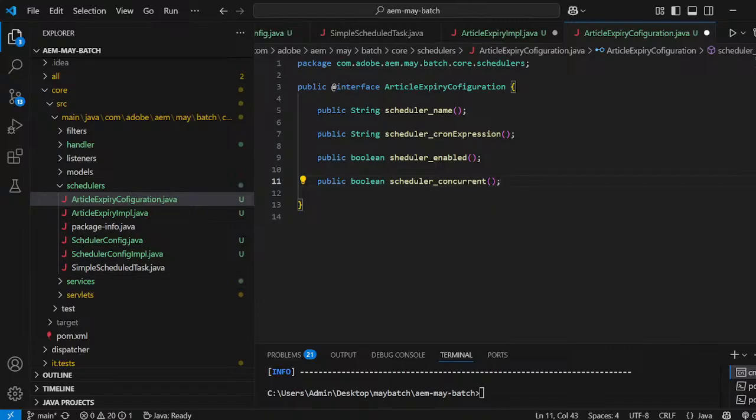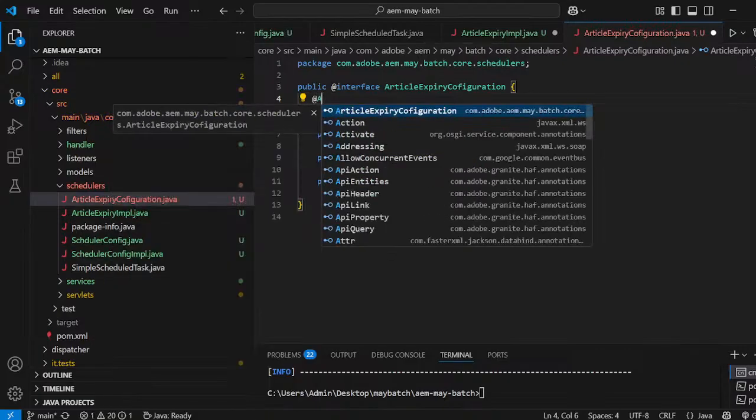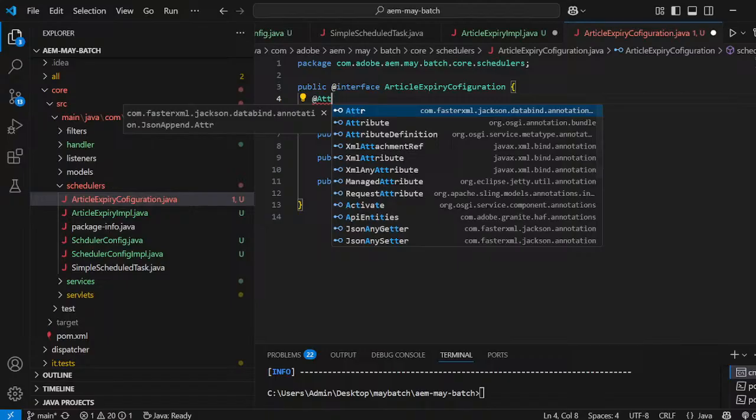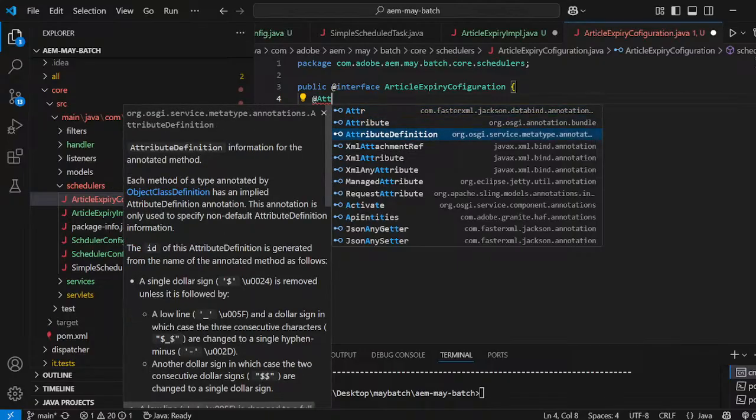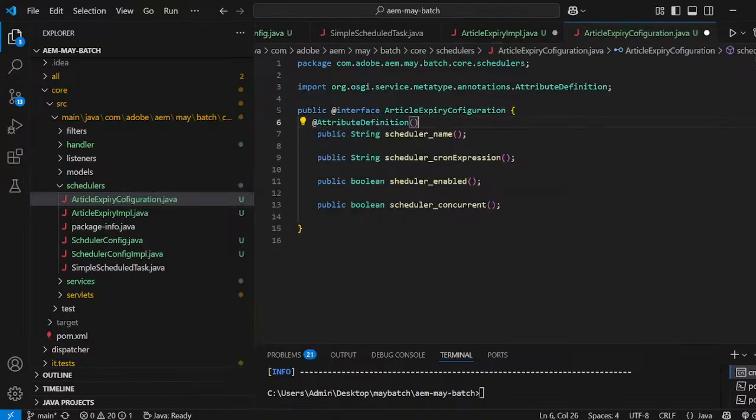These are the four properties I am taking. These four properties I want to make dynamic. Then there is an annotation, that is attribute definition. Look for the attribute definition. This is the attribute definition, and so here